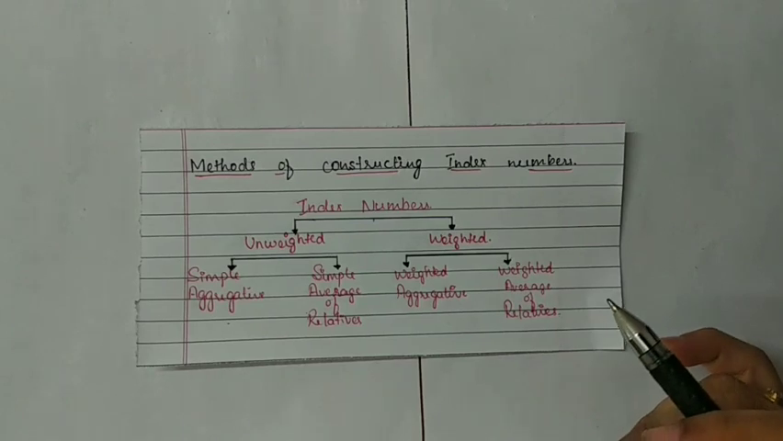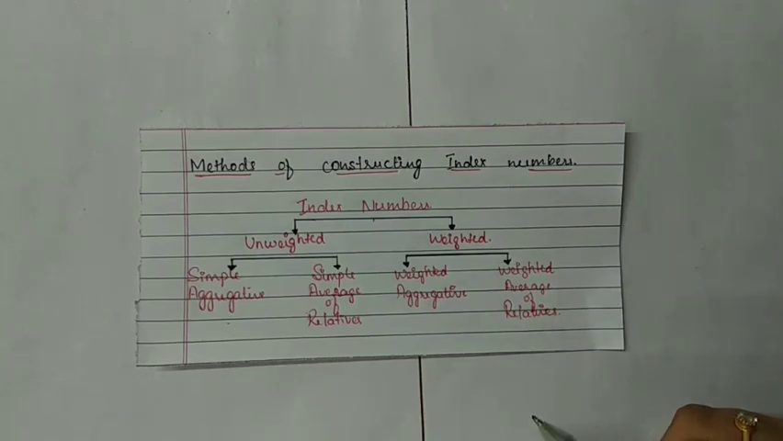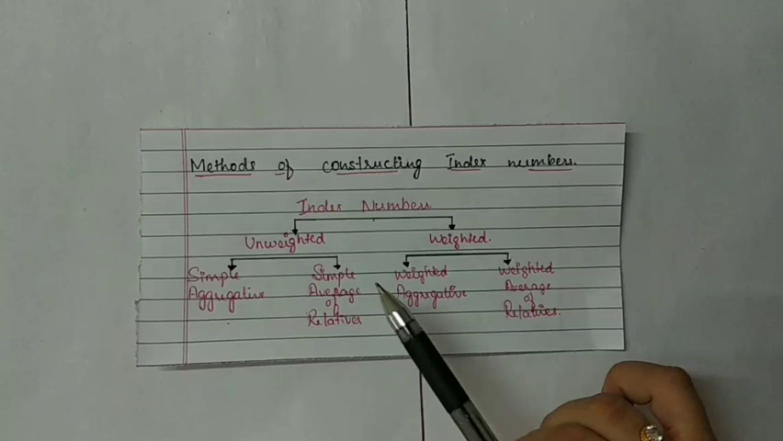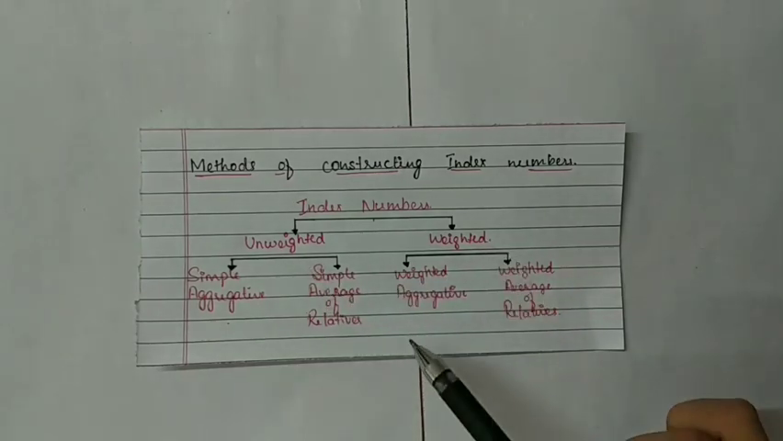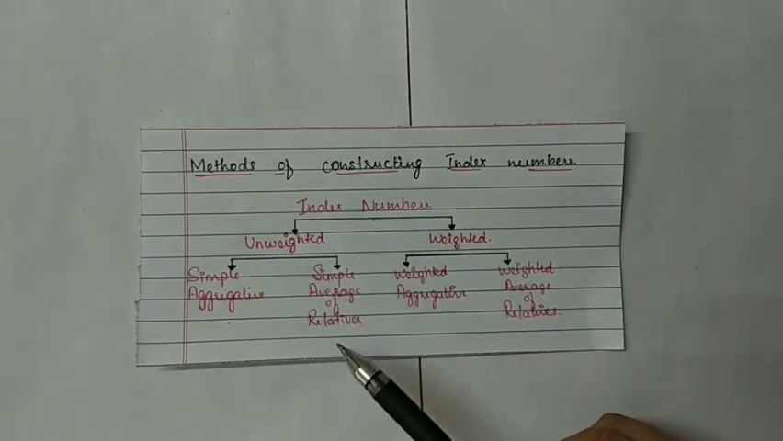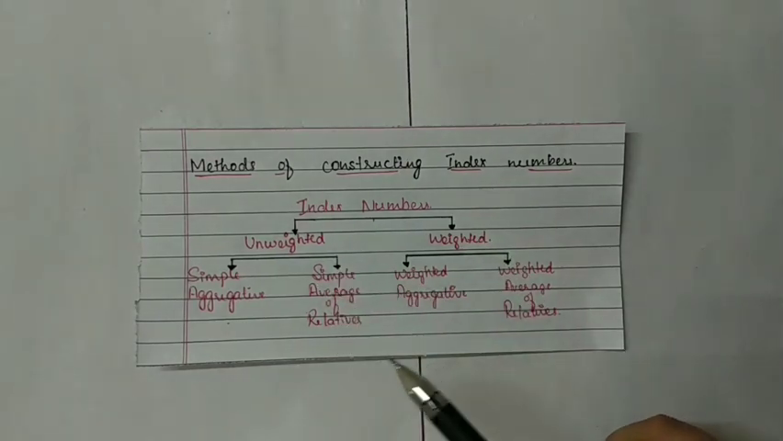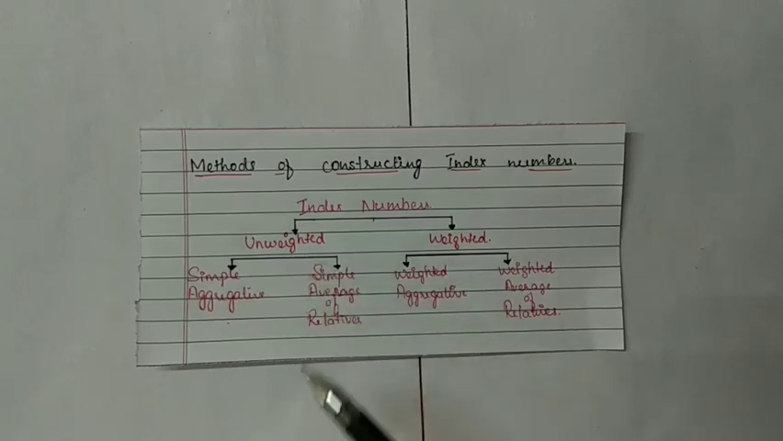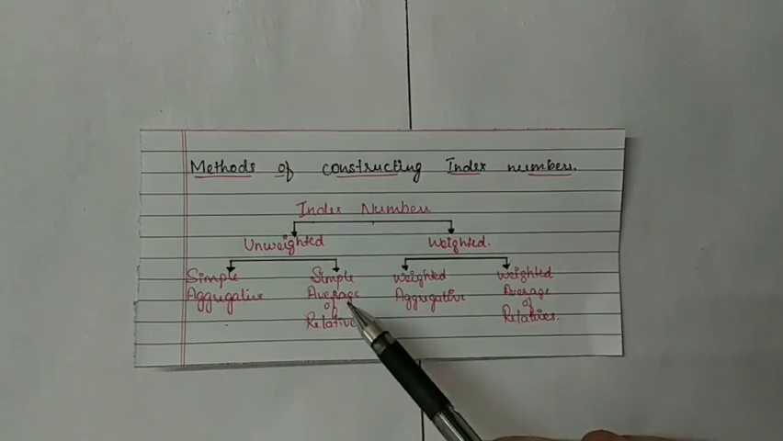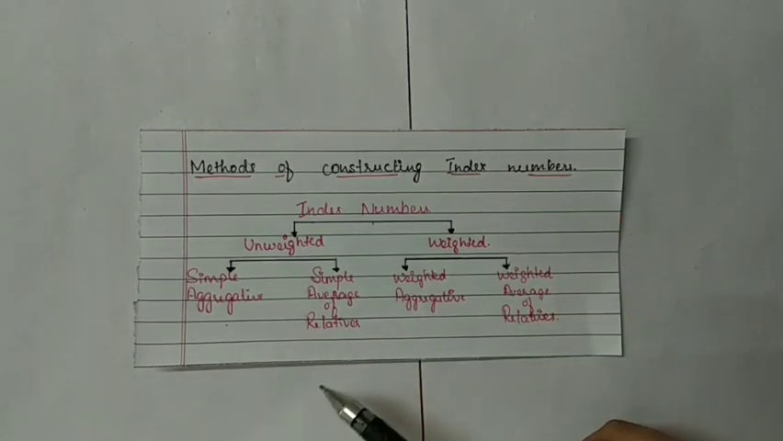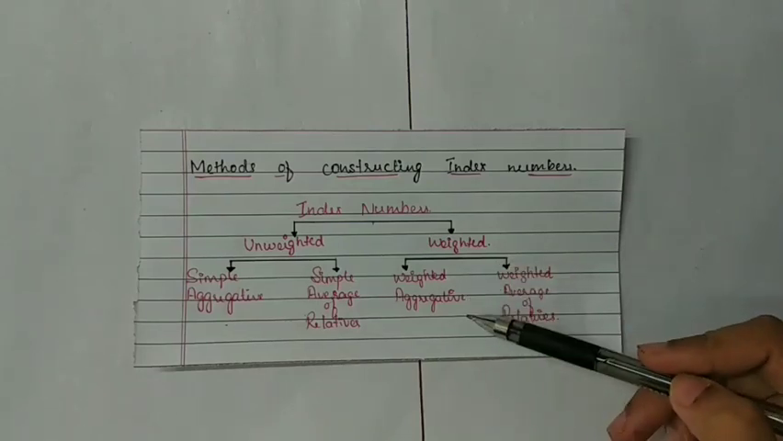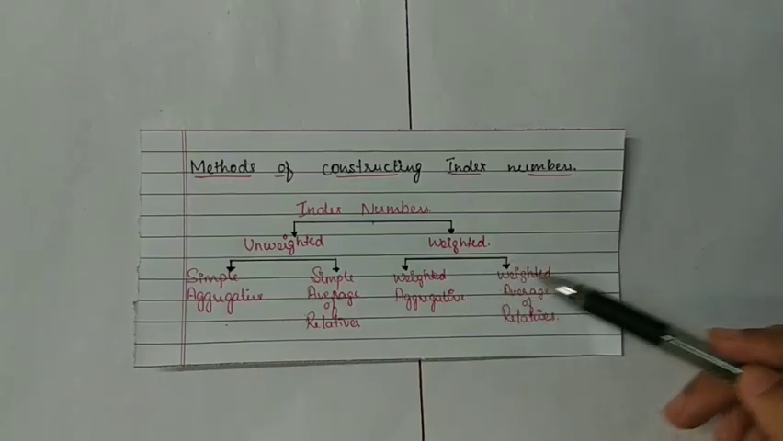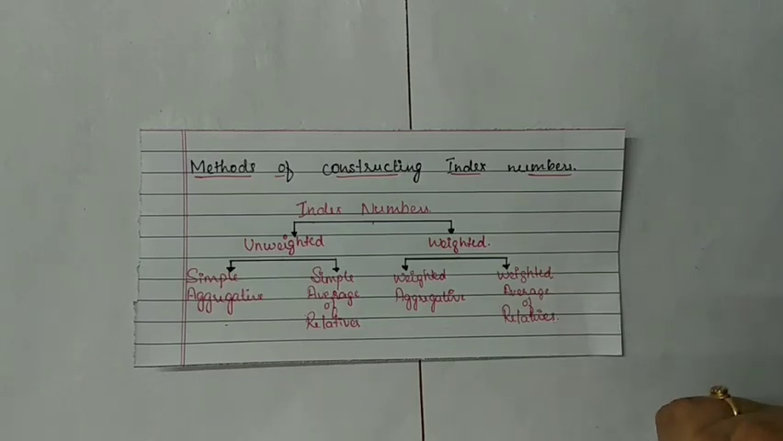The various methods of constructing index numbers can be classified into two types: unweighted index numbers and weighted index numbers. Unweighted index numbers are also called simple index numbers. Unweighted is again classified into two types: simple aggregative and simple average of relatives. And weighted is subdivided into two types: weighted aggregate index numbers and weighted average of relatives index